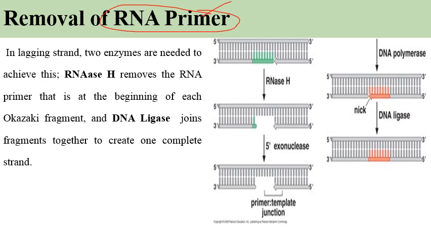Next step is removal of RNA primer from the newly synthesized DNA in case of leading strand as well as lagging strand. So in lagging strand, two enzymes are needed to achieve this. One is RNase H that removes RNA primer at the beginning of each Okazaki fragment, and then next comes DNA